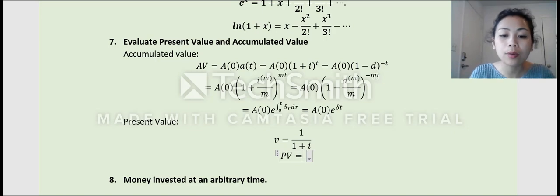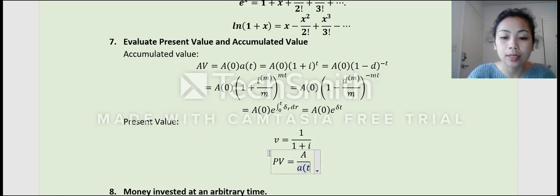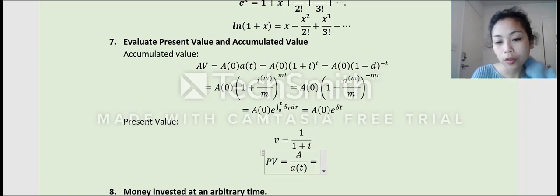That is, let's say we want to have A(t) at the same time t over a(t). So this is A(t) over a(t), and if you are using